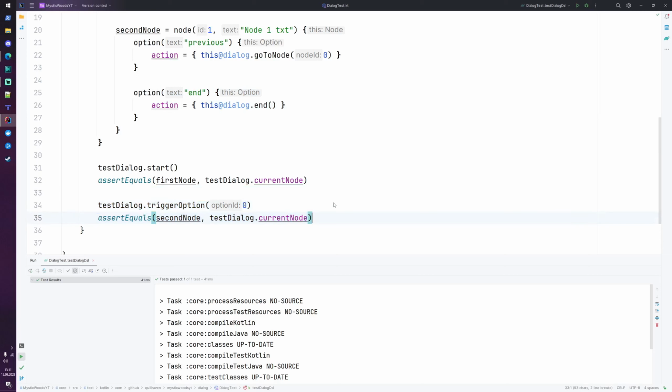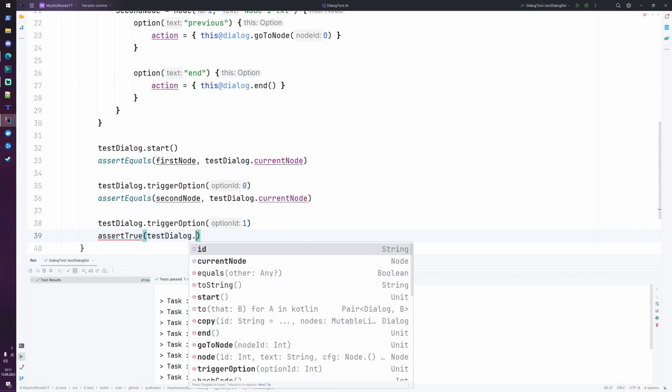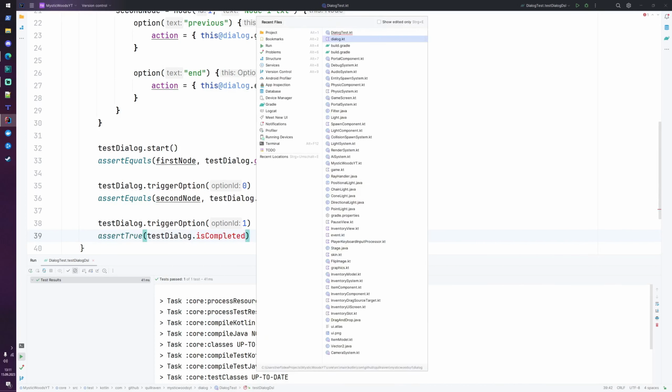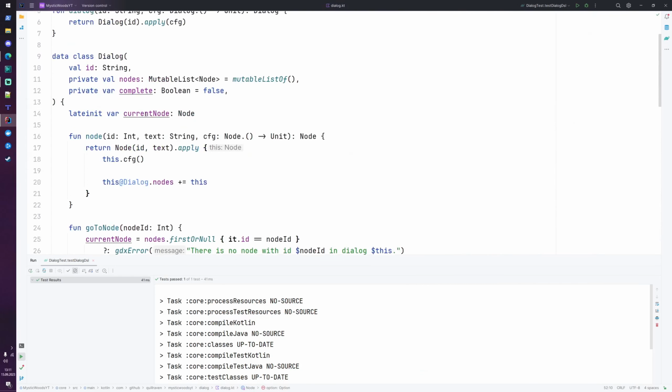So let's try that. So we trigger again the option 0. In that case, the option 1, which would be this end option. And now we want to verify there should be an assert true. We expect that our dialog is completed. There we don't have the function for that yet, because complete, I think, is private. Yes, it is. So let's